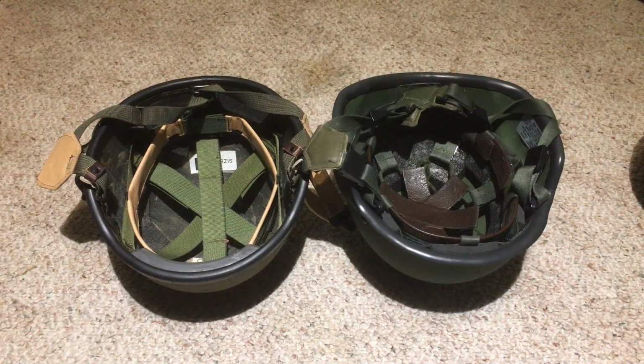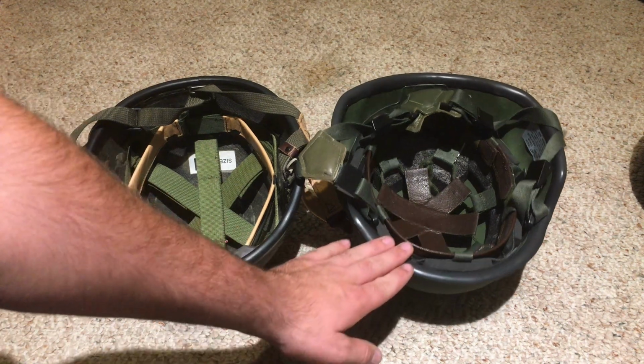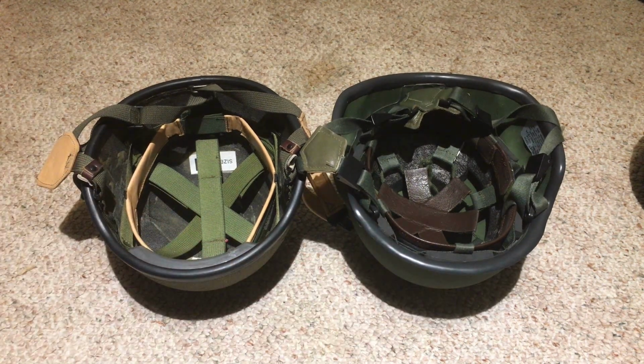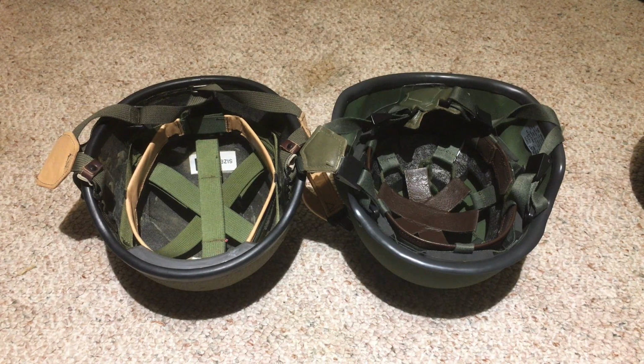Alright, so now here next to the CG634, we have the Orlite helmet, the Israeli Orlite helmet. Now this helmet here was also a derivative of the M1. So the Israelis went from an M1 to the Orlite as well. So you can see the influence in the liner style there, as well as they wanted a 3-point chin strap,